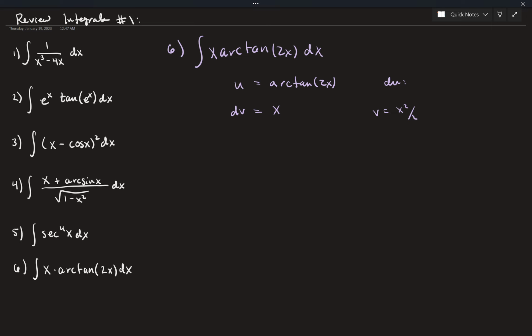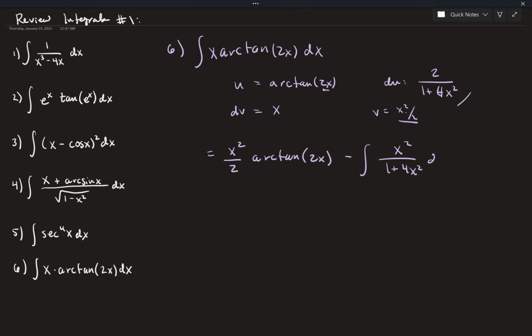du is, I've got to be careful with my chain rule. Inside is 2x. Arctan of something is 1 over 1 plus that something squared. Then multiply by 2. So I've got 2 over 1 plus 4x squared. Now I'll do my integration by parts. x squared over 2 arctan of 2x minus the integral of v du. x squared over 2, the 2 and the 2 are going to cancel, so I'll get x squared over